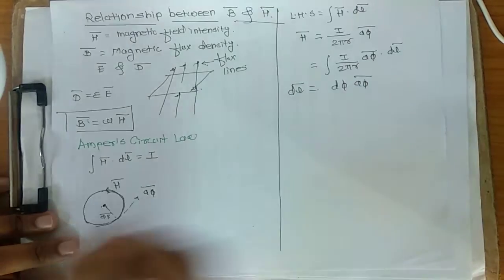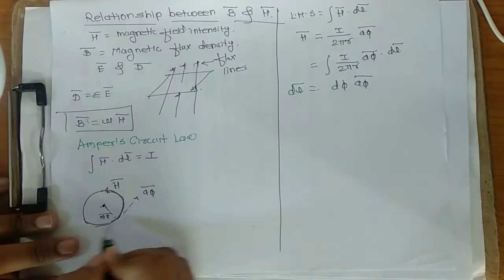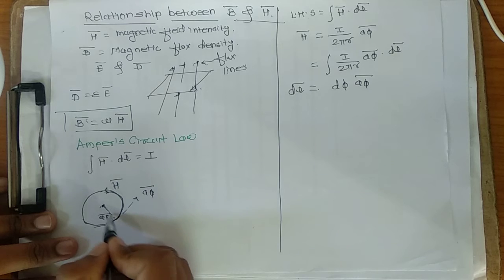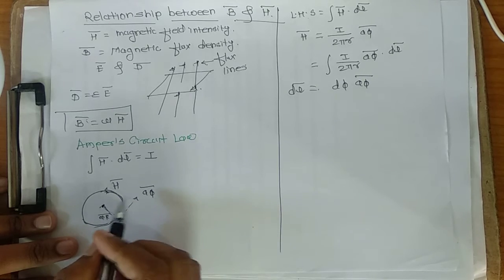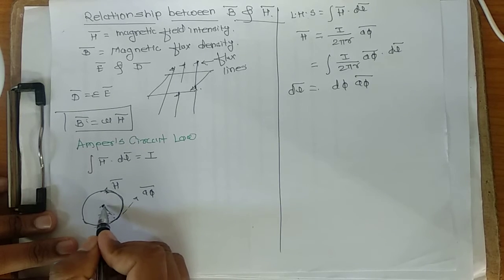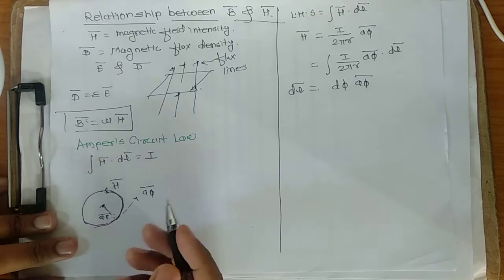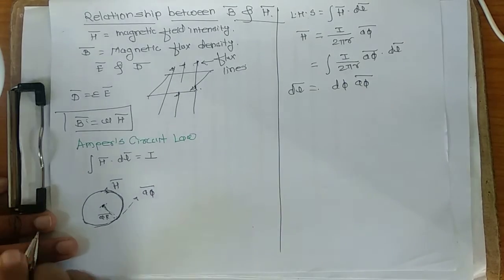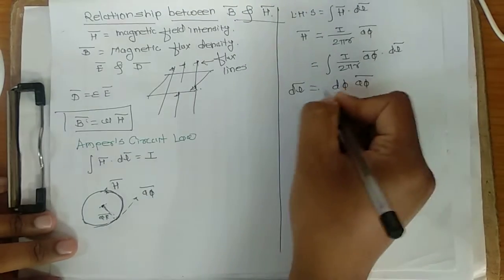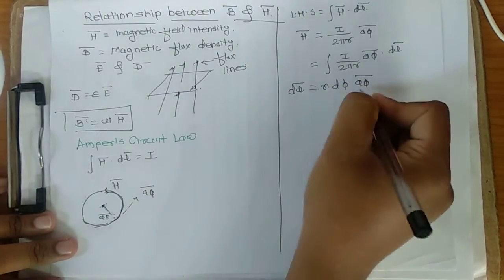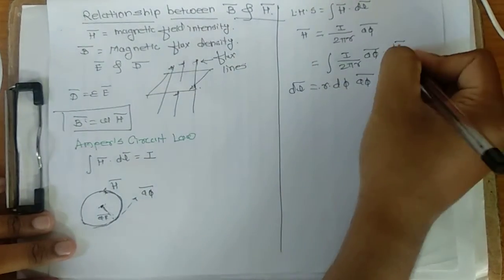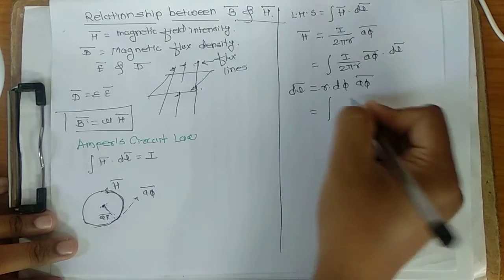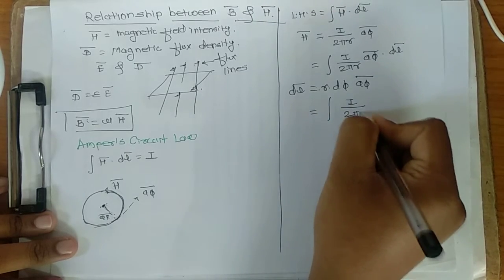But we have already seen that when you are considering the unit vector in the a phi bar direction, you have to multiply with the radius, because otherwise it will not be complete. Your a phi bar unit vector will not be complete without this radius. For other unit vectors, you can write directly ar bar, it will not require anything, and for az bar you can directly write az bar. So you have to multiply this with the radius, so r d phi a phi bar. So that's it. Then we have to put that dl bar in the I divided by 2 pi r